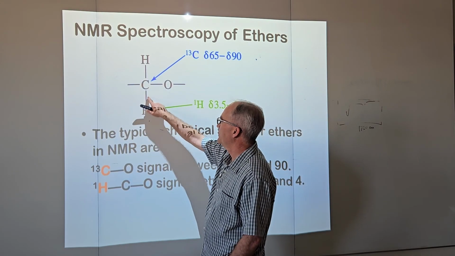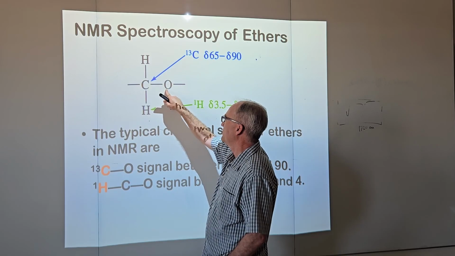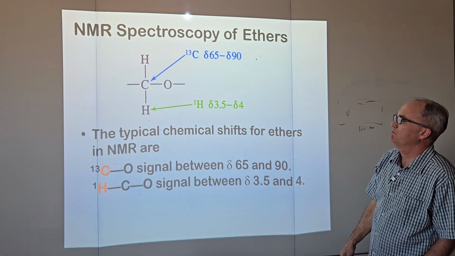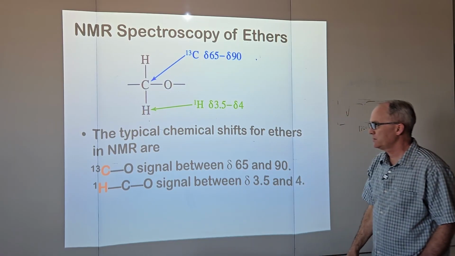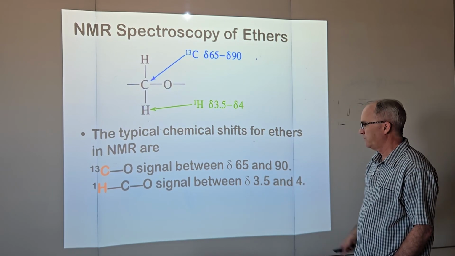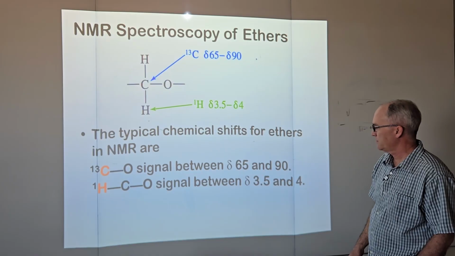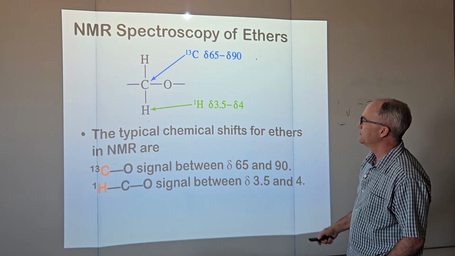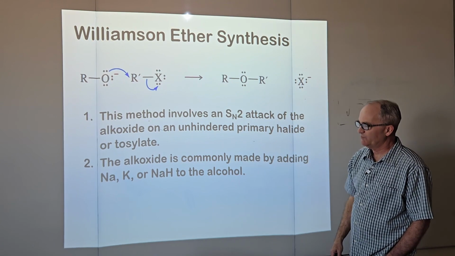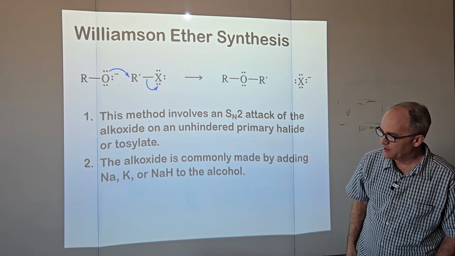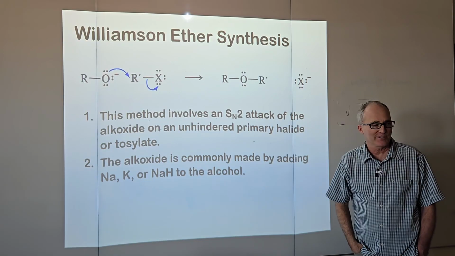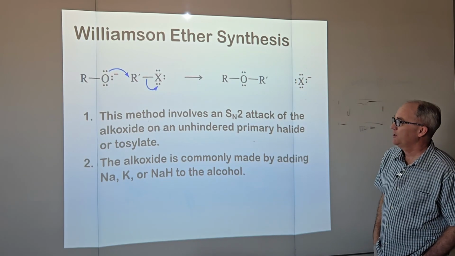So a proton on a carbon, and you've probably already seen this, would be very similar to an alcohol group. Typical chemical shifts for ethers are between 3.5 and 4 for proton NMR, and 65 to 90 for carbon 13. So you've seen this before. You're likely to see it again, like on a quiz in midterm, or we don't do midterms, exam 2, and